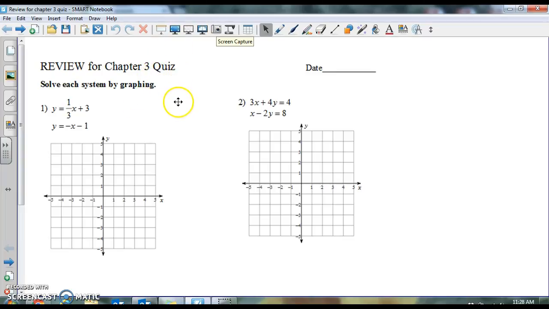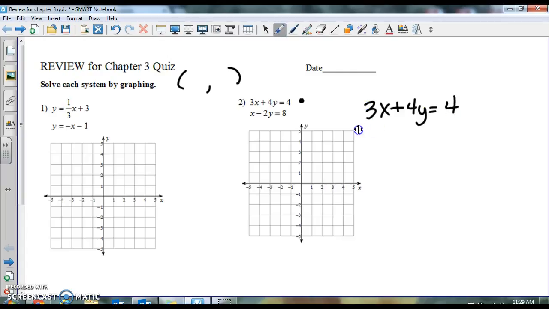So number 1, it's kind of easier than number 2, so I'm going to start with number 2. With this one, you notice how they're equal signs, right? So when you have a system, which is 2 equations, and you have an equal sign, you want to figure out the intersection point. So your answer for 1 and 2 are going to be coordinates. So for this first one, I'm going to put that in slope-intercept form,